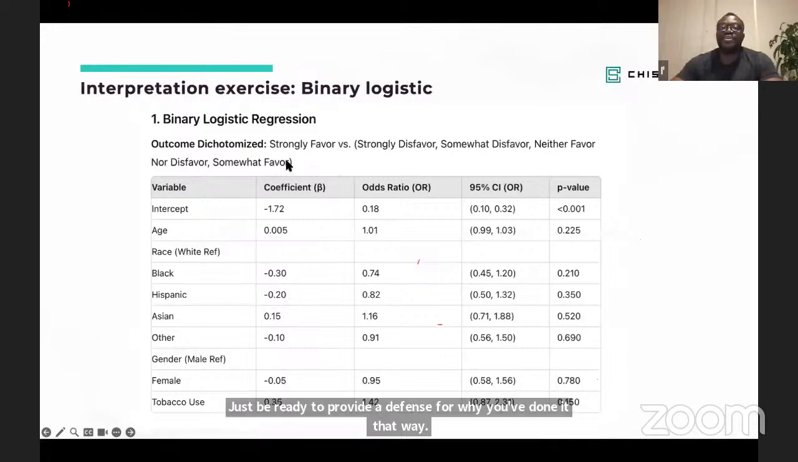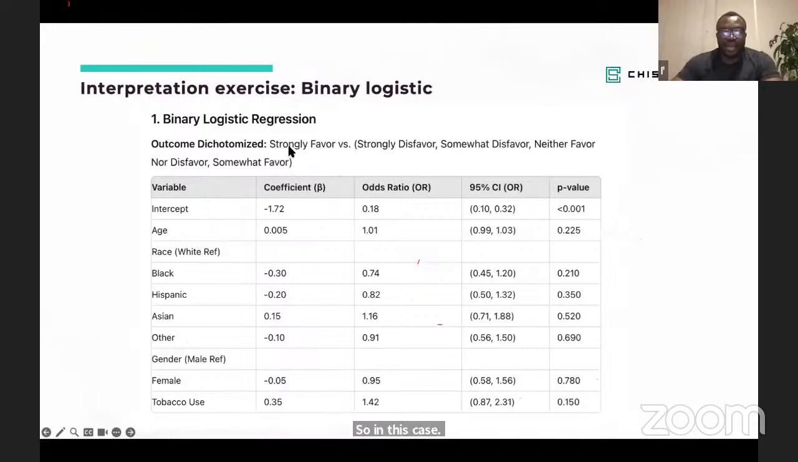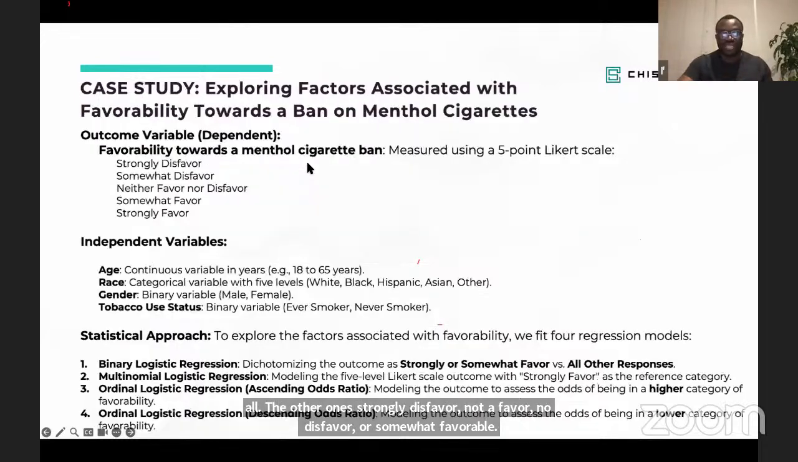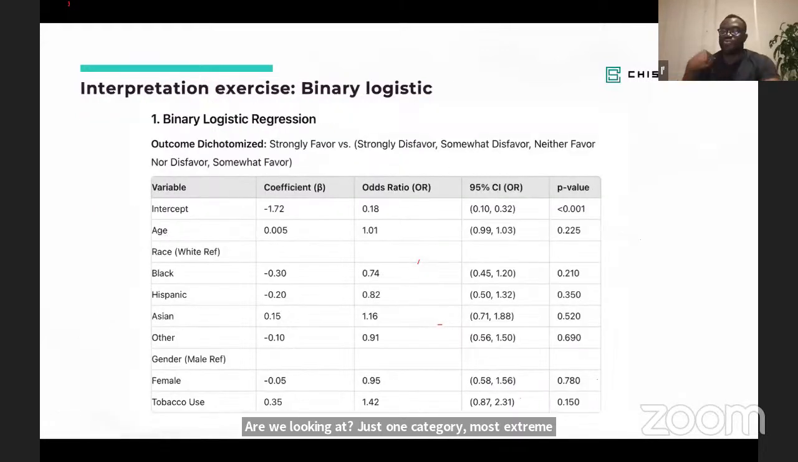So in this case, we've chosen to look at strongly favor, which is the most extreme category, versus all the other ones: strongly disfavor, somewhat disfavor, neither favor nor disfavor, or somewhat favor. Why are we looking at just one category, the most extreme category? Well, we can argue that we are interested in individuals who are very strongly in favor of that ban, because these are the individuals who would, if the chips are down, I would say,